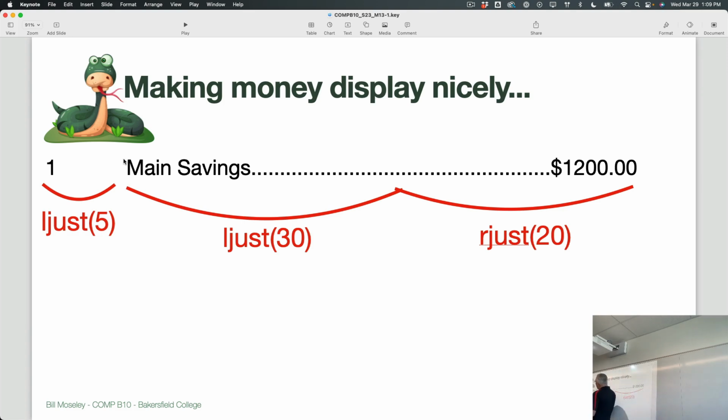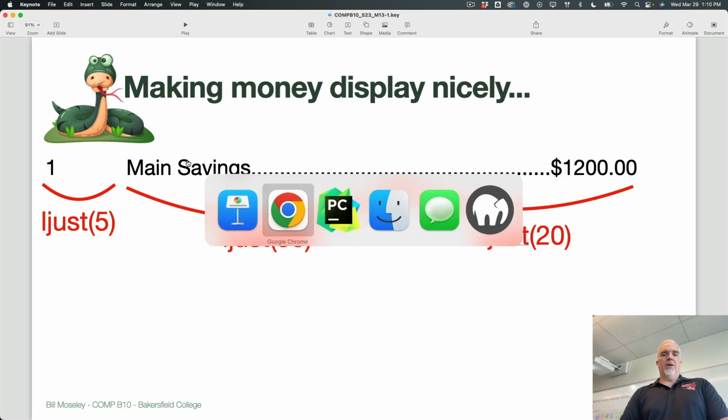So the way I did that is that I left justify with the account ID number. So the number, and then 5 spaces over, I have a left justify 30 space, however many this takes up, plus a number of dots to equal a total of 30, with that on the left side. And then I use right justify over here so that my zeros all line up. So you can use that with a little bit of formatting, and I'll show you how that's done in just a minute. But I kind of wanted to just review it in a visual way so you could see what was going on there. So if we look at code,